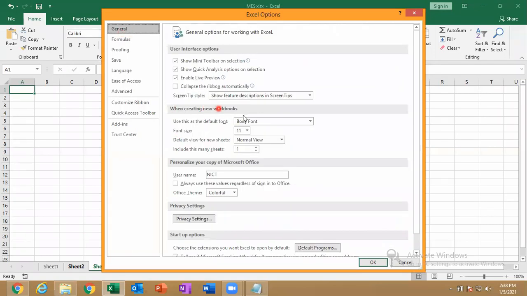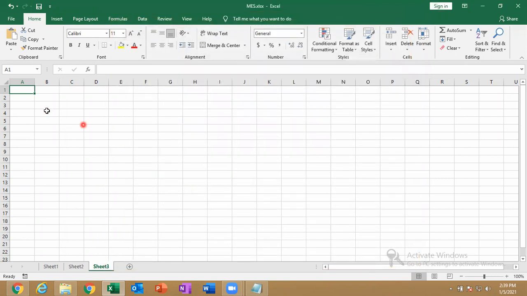When creating a new workbook, include this many sheets. Just erase the three, or just increase or decrease the value up to one. And just give OK, it will get changed. Clear?